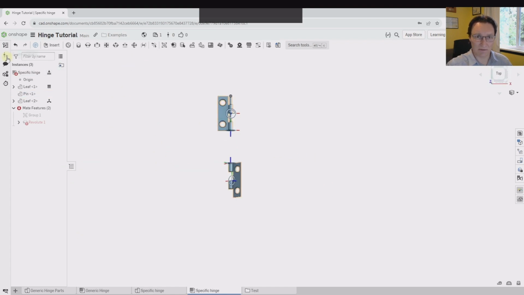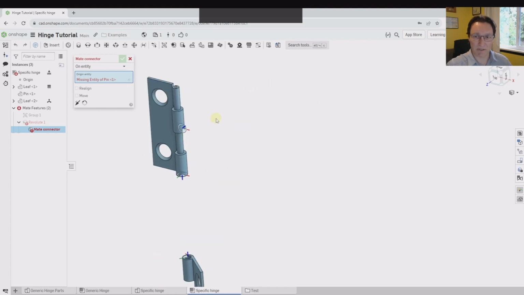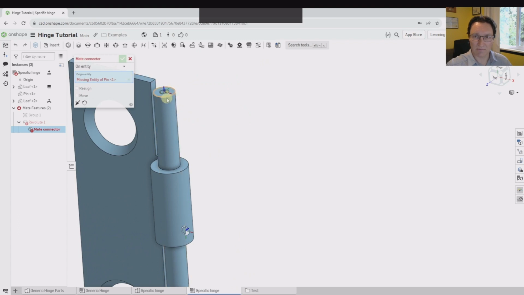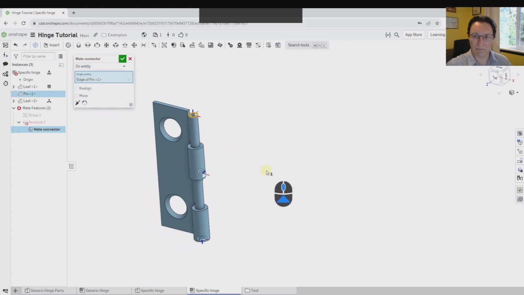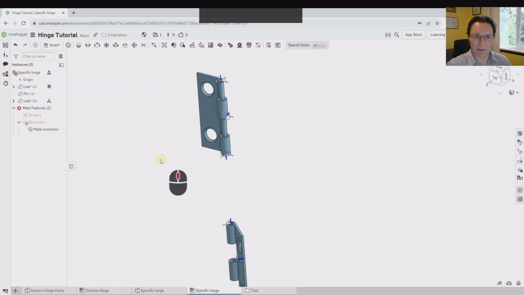Now we can see we have a broken mate, but if you expand the mate, actually the easiest way of fixing a mate without messing things up is to not edit the mate itself, but edit the broken mate connector. Here it's telling us it's missing the end of the pin, which is what we'd use to make the other part. So I can just grab the end of the pin again, and that should